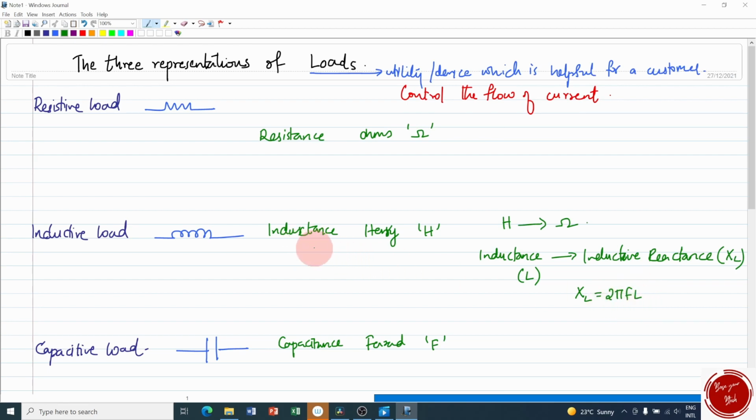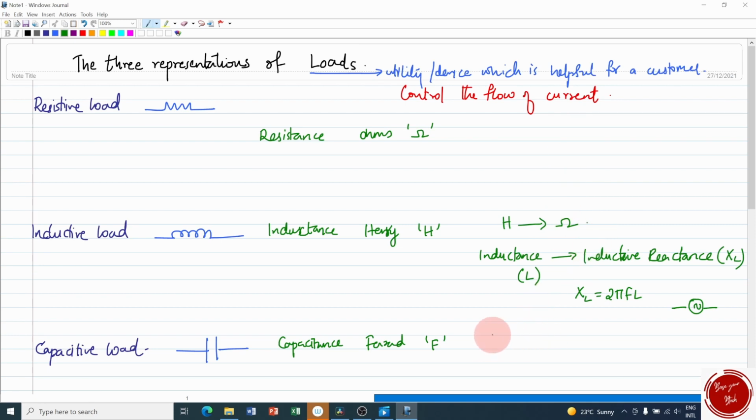See, inductance resists the change in current, isn't it? So, frequency of AC. If an AC supply is applied across an inductor, the frequency of AC, or the number of cycles per second of this AC signal, is known as the frequency F, and the inductance value L. By using this formula, you can convert the inductance value to the inductive reactance value, which will have the unit ohm. Thus, you can convert the Henry unit into ohm unit.